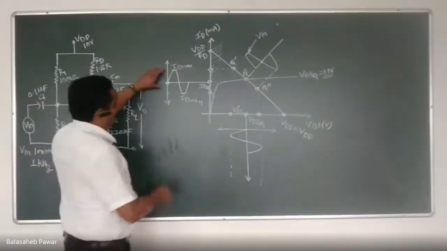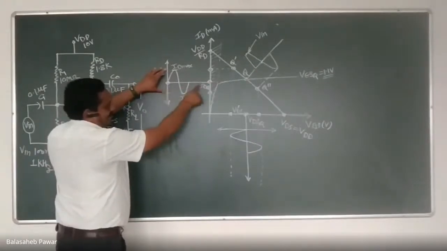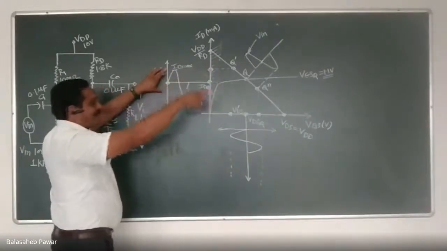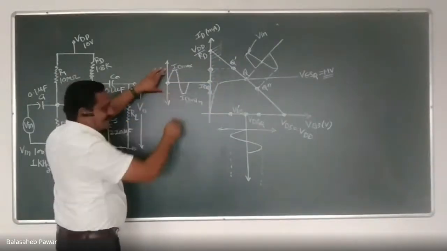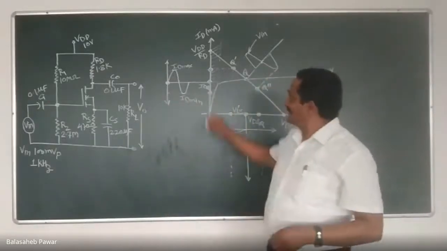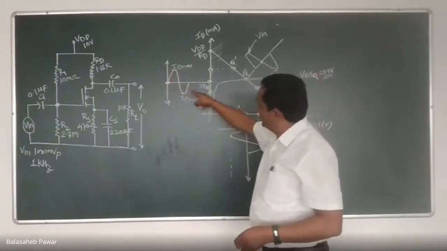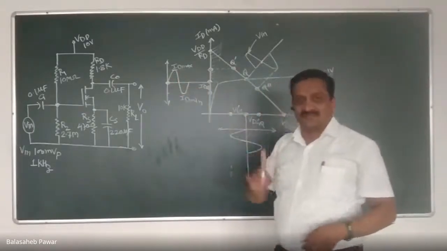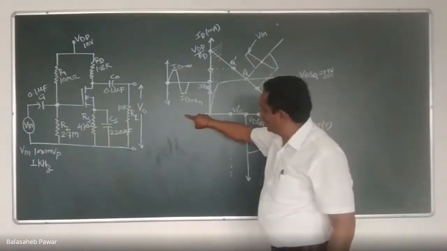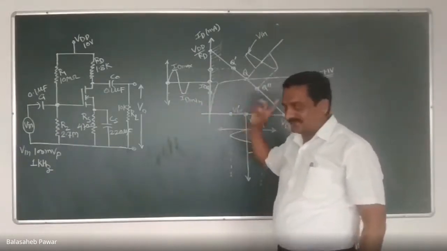And the same thing you will observe over here also. See, this line is not the 0 line. This is the IDQ line. Correct now? Whenever that input is applied, then that fixed line gets into time varying. So this is not a 0 line, remember. The drain current waveform becomes time varying. It never goes to 0. When will it go to 0? When this waveform gets extended up to over here, that is on the x-axis. Are you getting it? Then and then it will become 0.